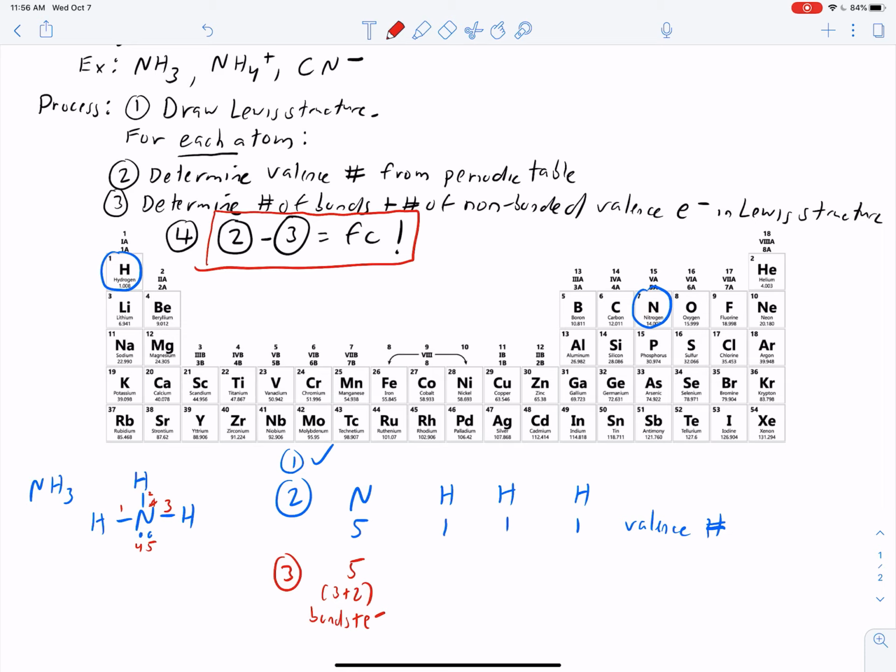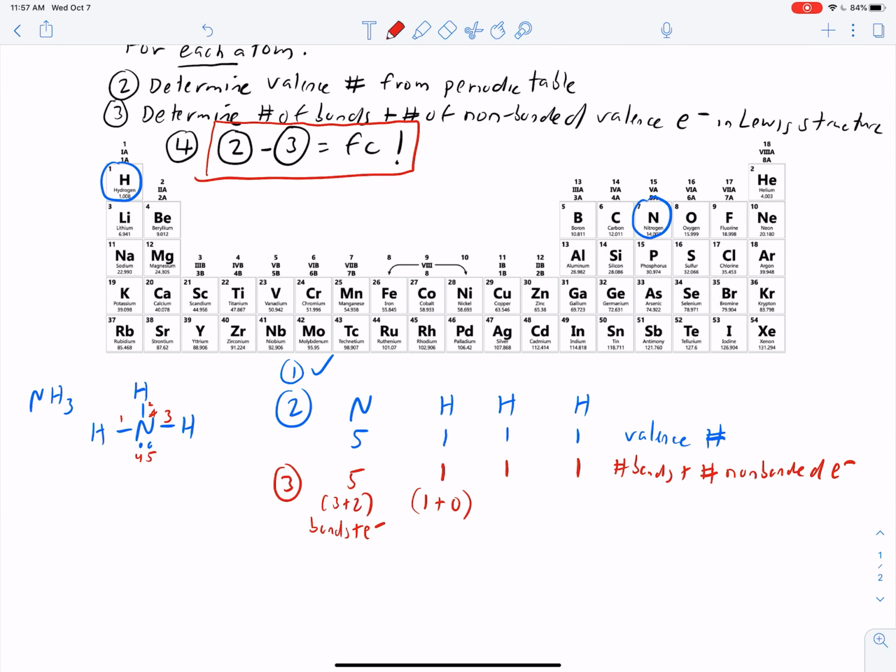All right, for hydrogen, each hydrogen has 0 non-bonded electrons around it, but it has 1 bond. And so each hydrogen has 1. And I'll just write that 1 time to say, all right, each of these hydrogens has a sum of 1. And I'm just going to write this down: number of bonds plus non-bonded valence electrons. All right, we have now done numbers 2 and 3, and we are ready for the 4th and final step,